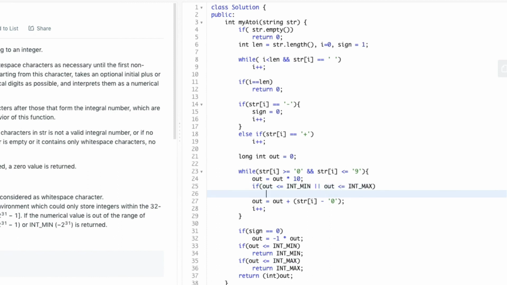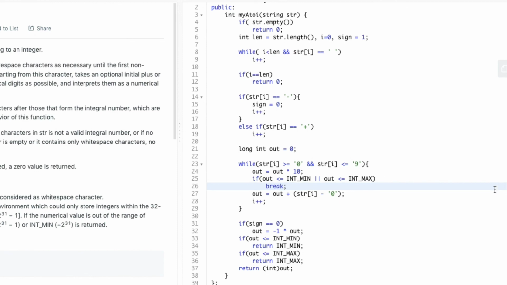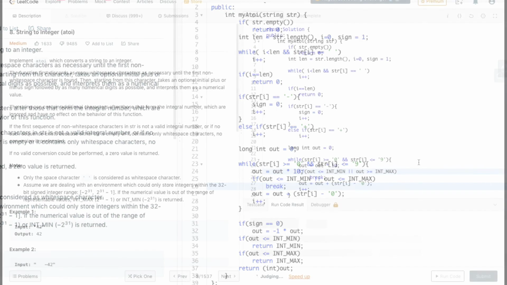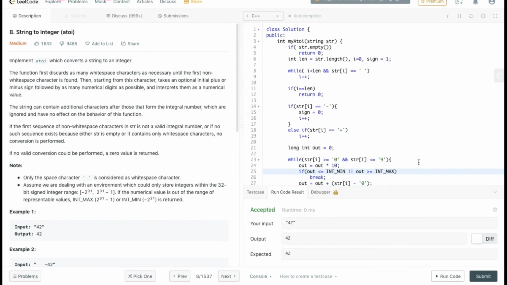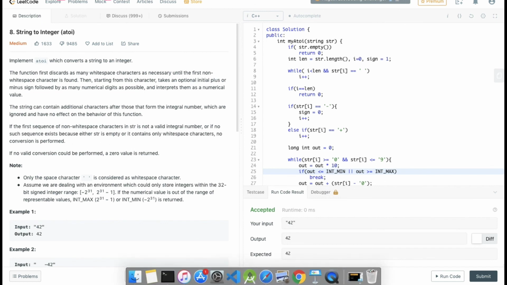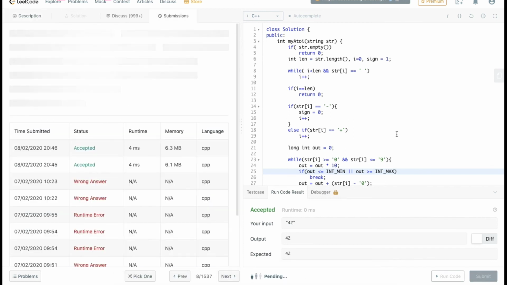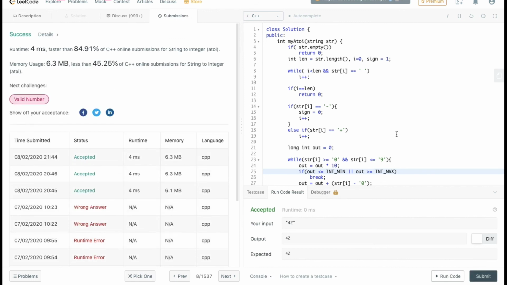And if out exceeds the range, then we break out of the while loop. So we can again run, and this time a code got accepted. So we can proceed further and submit a code. And a code got submitted successfully.